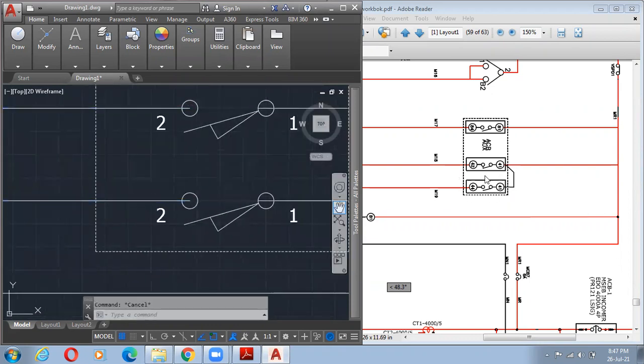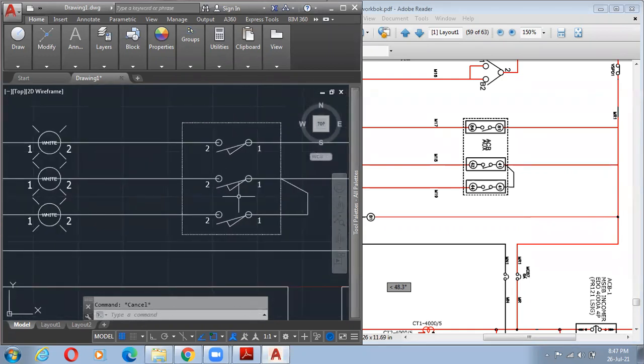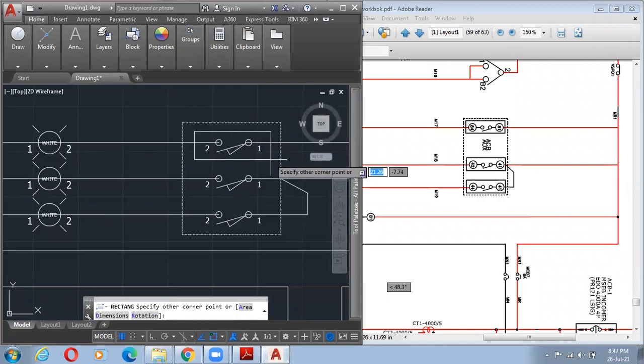Okay, and the remaining rectangle, you can make with the manual process. REC, enter, that will be better. Present, coming to my side. Okay,